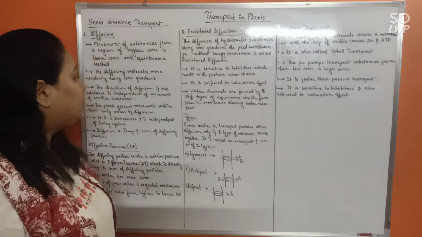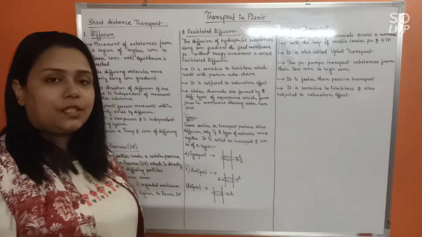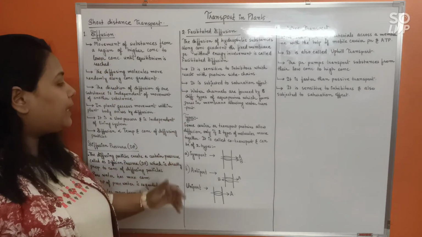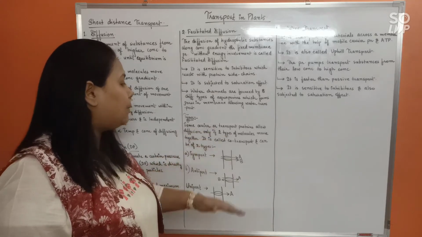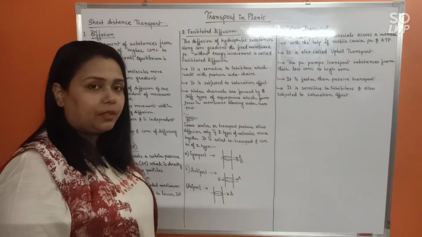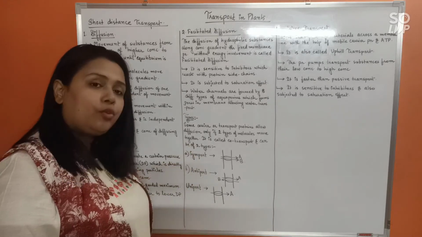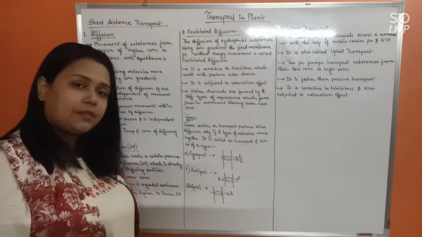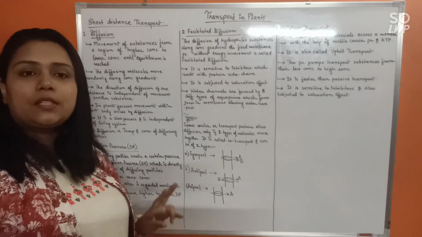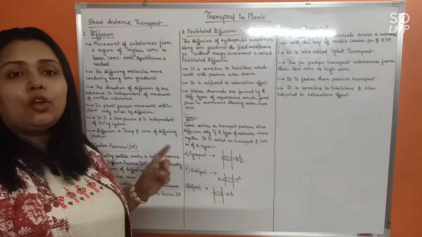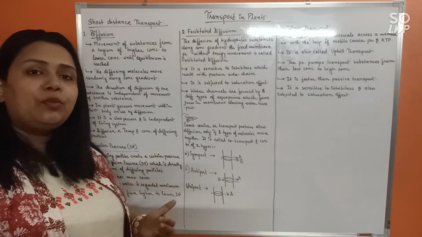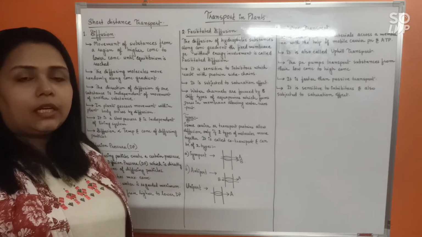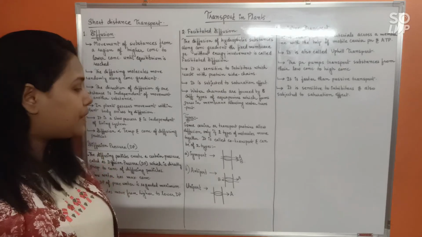Now, types of facilitated diffusion. Some carrier or transport proteins allow diffusion only if two types of molecules move together. This is called co-transport. Certain carrier proteins will carry not one, but two substances simultaneously, so that would be regarded as co-transport. Now, co-transport can be of two types.